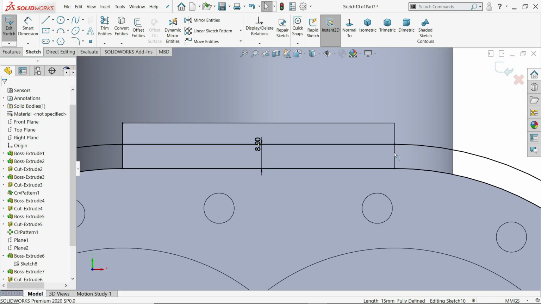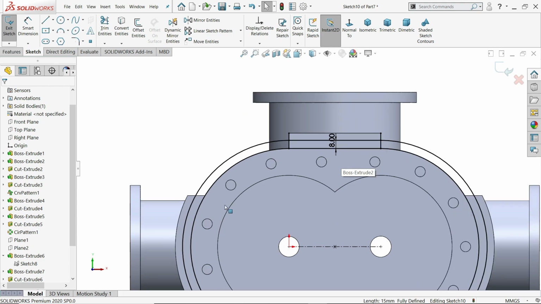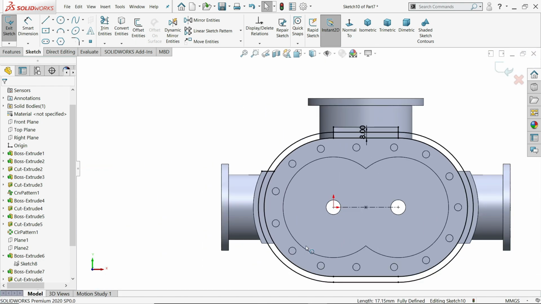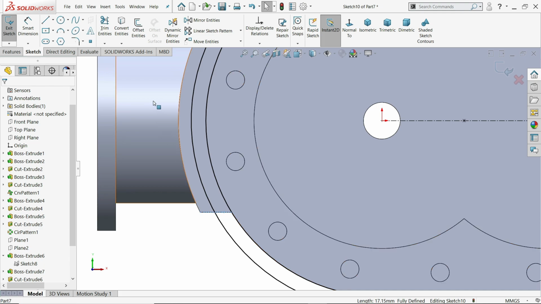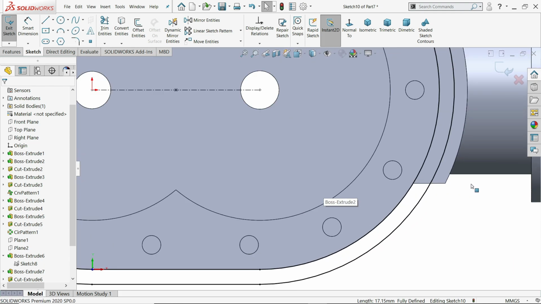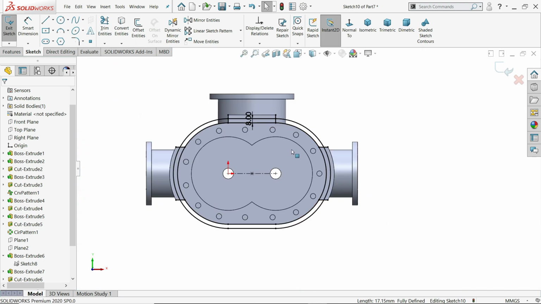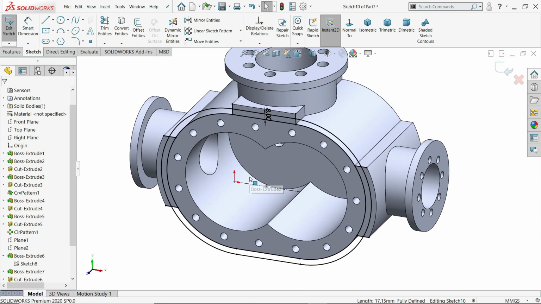Now convert entities. Convert entities, because we need to close the thing. Convert entity. Now we have closed geometry. I'll show you how.